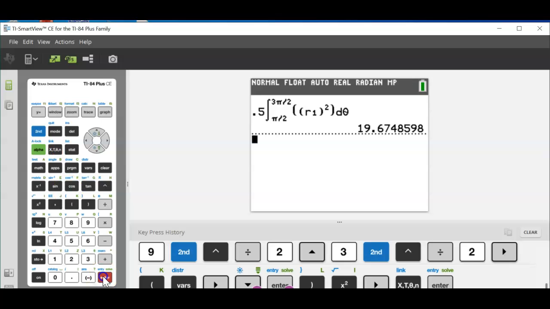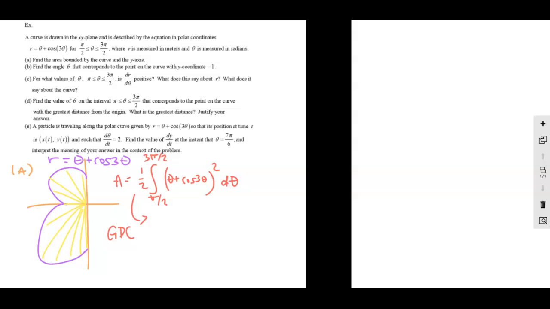I just need to define the variable. Bam, 19.674 or 675. Again, you can either round it or you can truncate. Doesn't matter. I'm just going to say 674. 19.674. So area equals